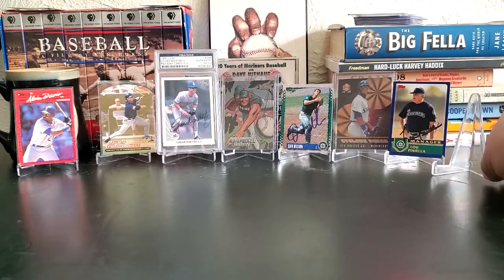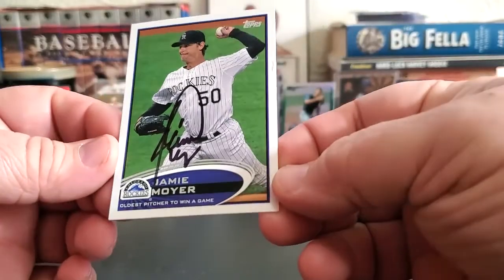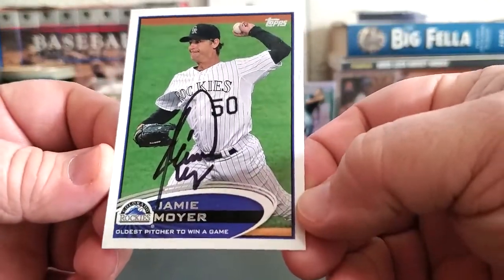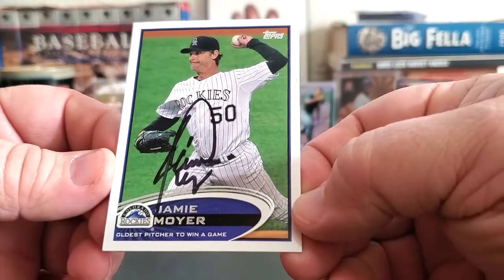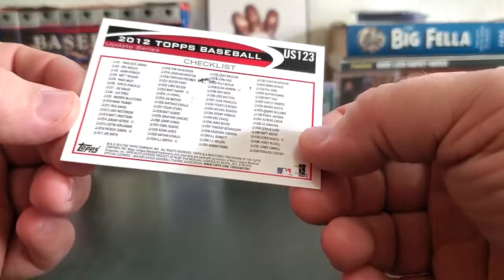2015. Am I going to have room? So this is the one violation of everyone being in Mariners uniform. Mostly because I love milestone cards. And so Mr. Jamie Moyer is still the oldest pitcher to win a major league game. He did that when he was with the Rockies. I think he was 47. Doesn't say here. But